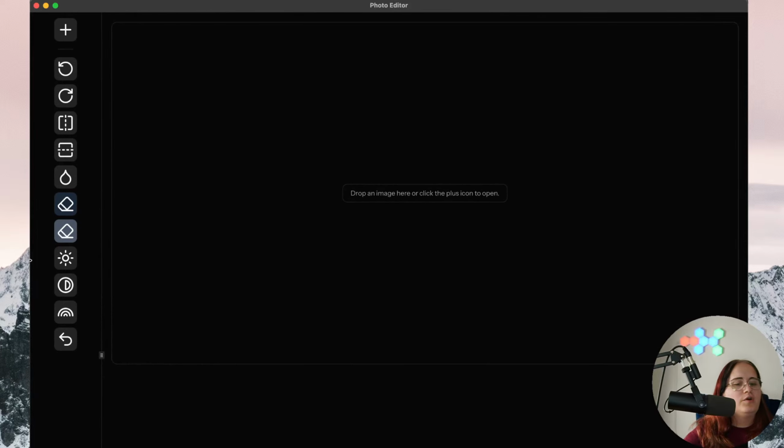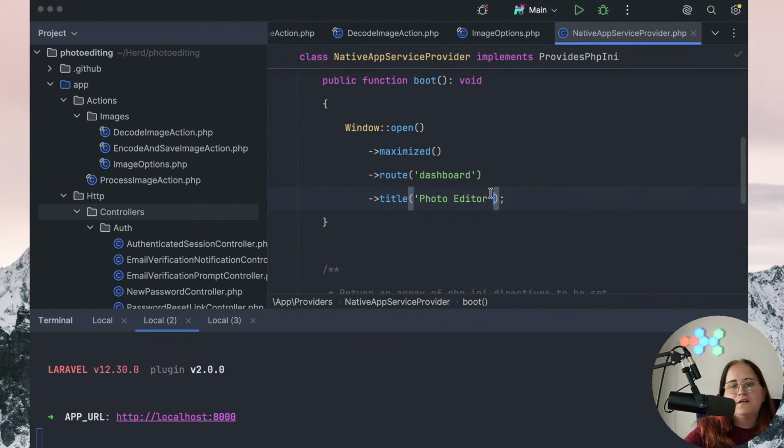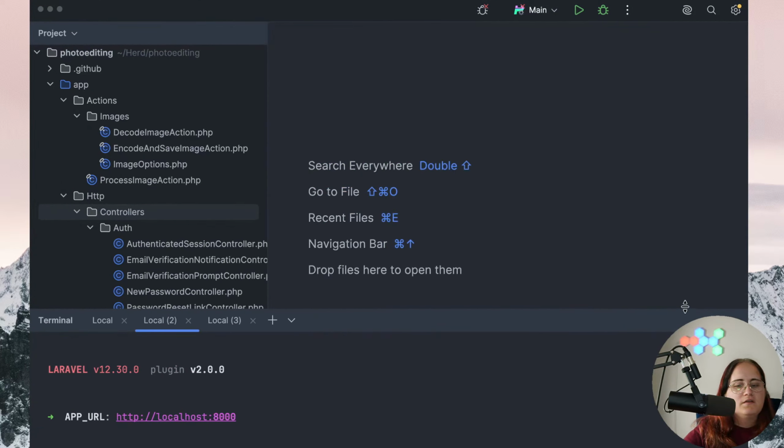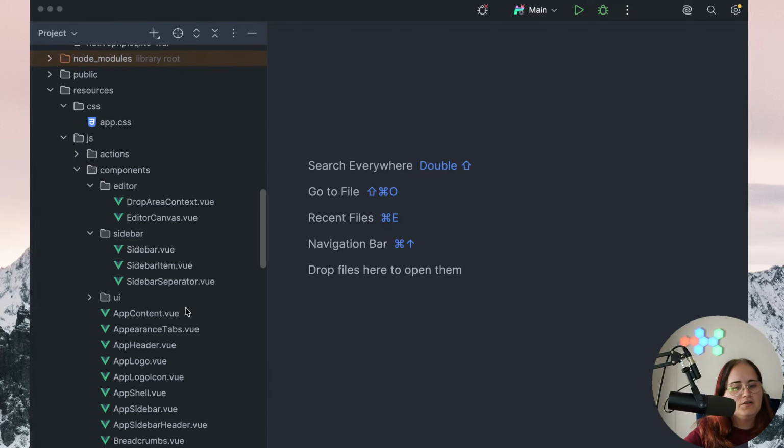But before we store an image, we actually want to load an image as well on the front end, being able to drag and drop it and have some quality control down here as well. So we also need to look at building this quality control panel and being able to load in an image, which both are quite important as well. Just in this case, I think we want to go ahead now and take a look at our front end. So I'm gonna go back here to our